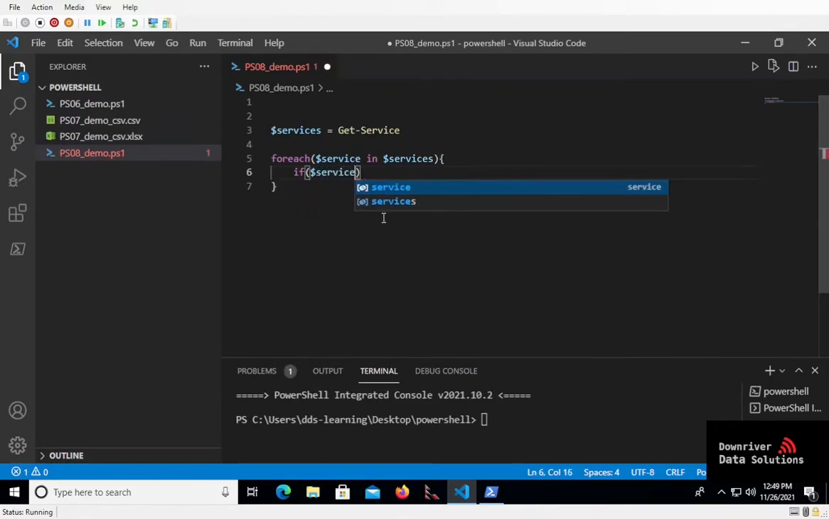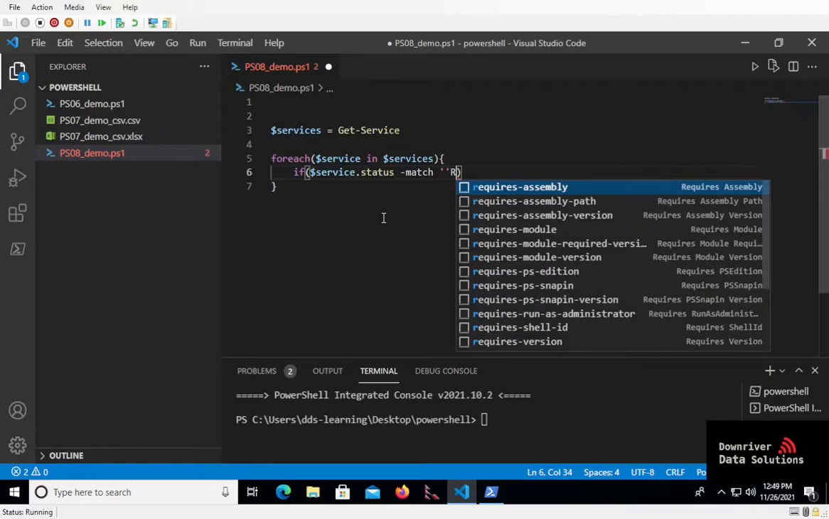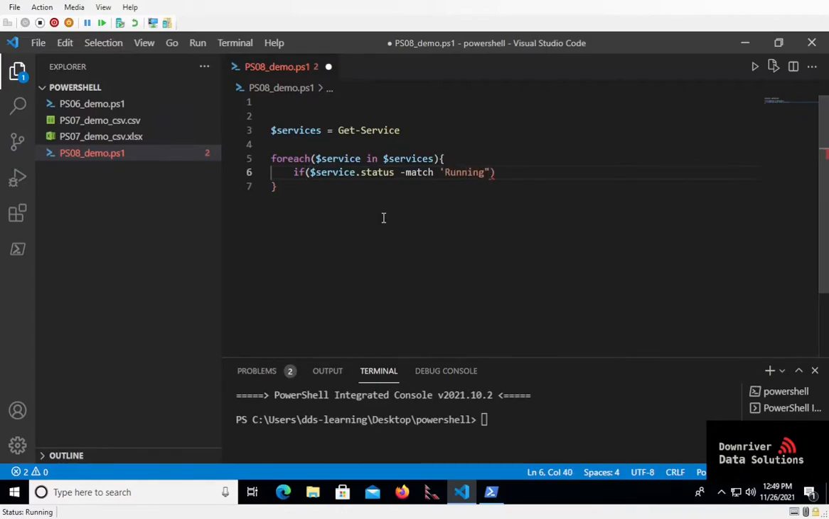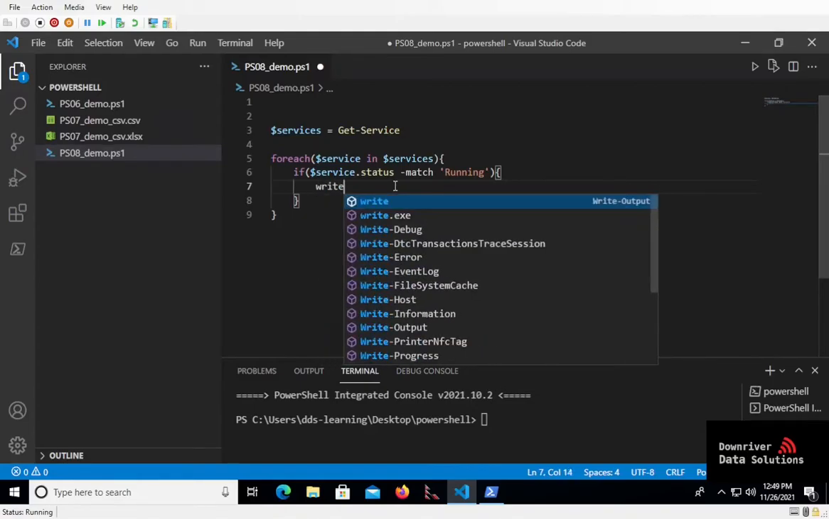This is where we start to get nested brackets, but we'll say if service.status. If you're not familiar with how to figure out what the options are, what kind of methods or variables we have to run, we can go ahead and do a Get-Member of the variable that we have. If you do a Get-Member on services, you'll see that it'll print out service.status as an option. So we'll say if service.status matches running, so if the status matches running, we'll go ahead and write